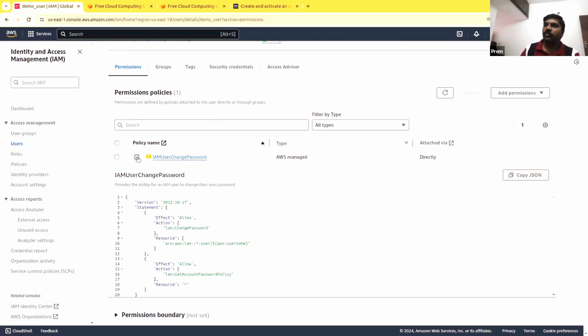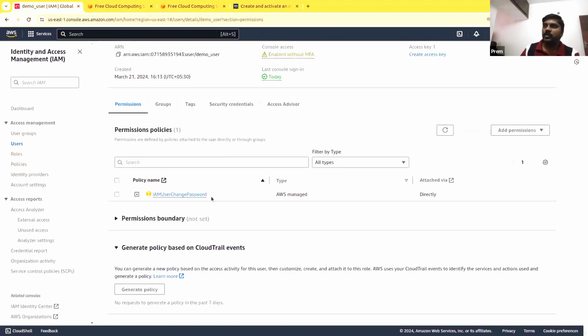So if I want to allow this user to access a service, let's say any service, I can go ahead and add permission here.